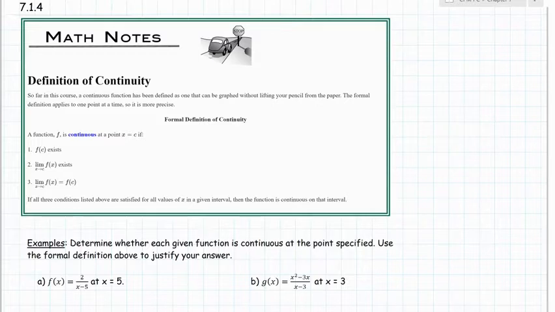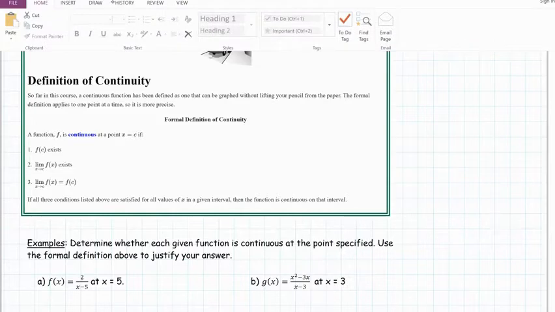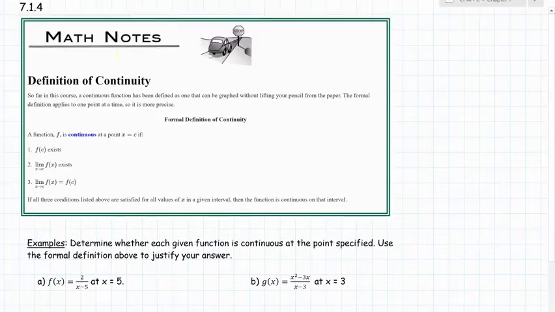So we've talked about continuity in the past, and the definition we gave for continuity before was right here, a continuous function that can be graphed without lifting your pencil from the paper. So basically, if you have a graph that doesn't have any breaks or gaps in it, then we call that a continuous function. But now we're going to look at the more formal definition, an algebraic definition using limits that